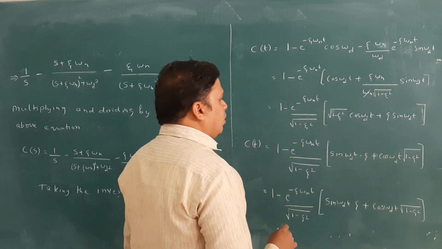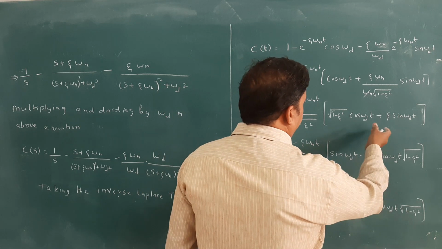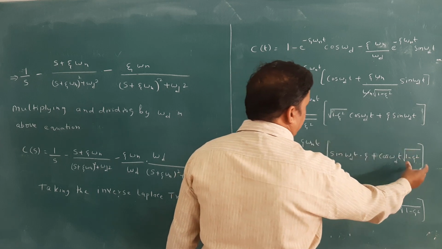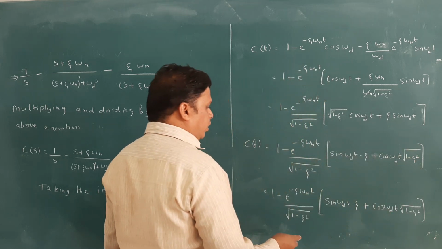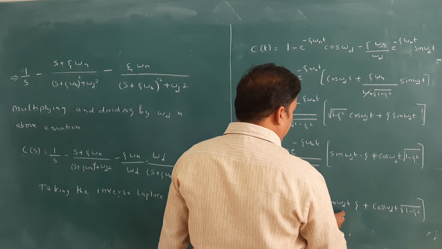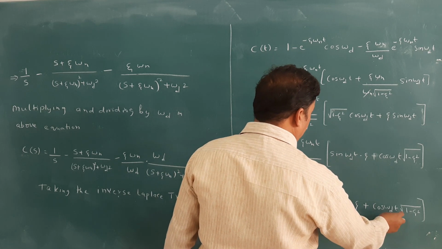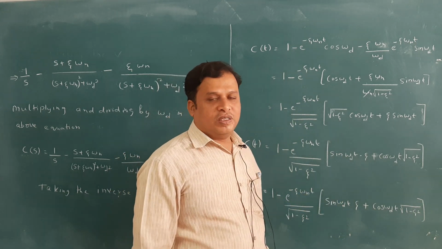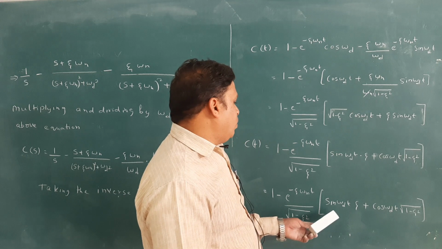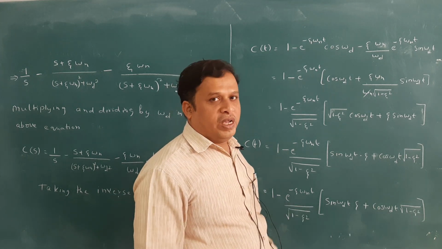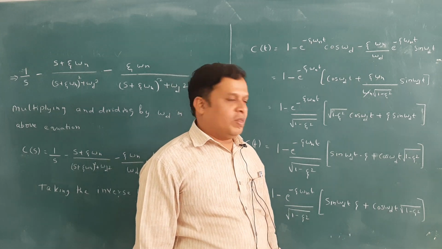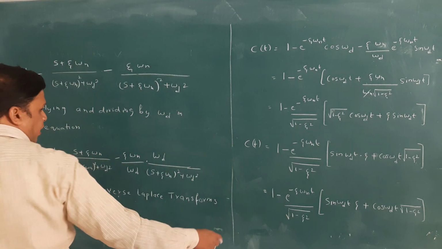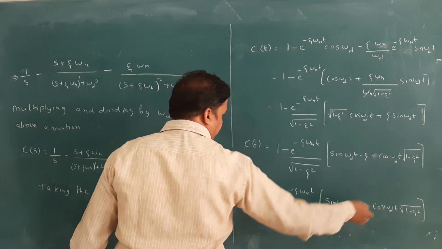Why? Because here you are writing this in the easiest form. Sin omega d t you are writing first and cos omega d t you are writing last. Now after doing this, this equation has sin omega d t into zeta plus cos omega d t into square root of 1 minus zeta square. As you know the Pythagoras theorem, here we apply the Pythagoras theorem and find these values in terms of sin and cos only, to convert into a trigonometric form. Okay. Now we will write this equation in the complete trigonometric form.